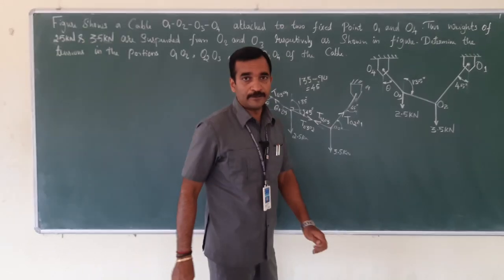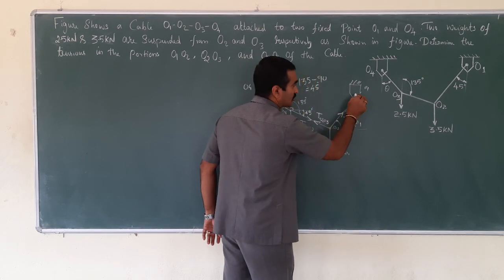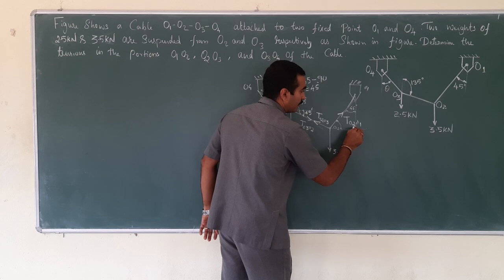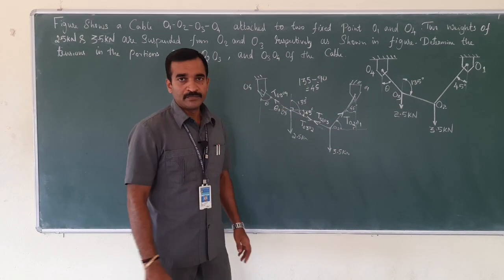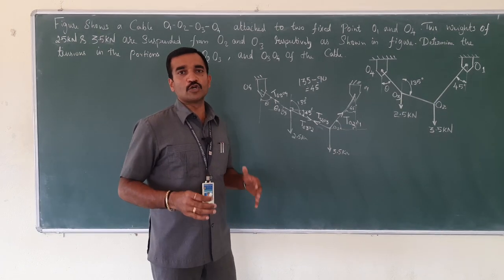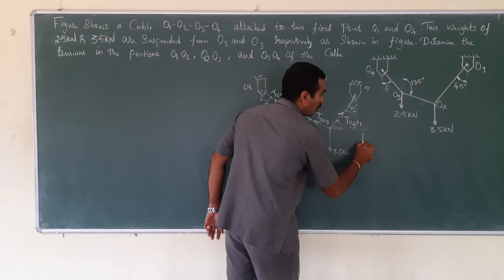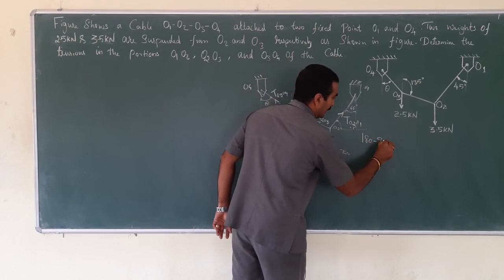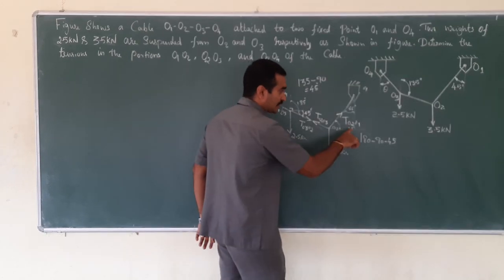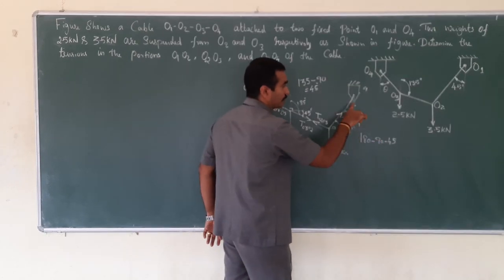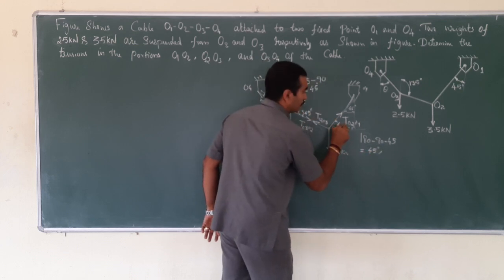Let me just move to the next one, wherein the angle is not given, whereas here it is given as 45. Let me just draw a horizontal line and let me just connect this one. When you connect this, it forms a triangle. The internal angle of the triangle is 180. So, here it is 90 degree, therefore, 180 minus 90 minus 45, that is 180, the total internal angle, minus 90 this one and minus 45 this one. You will get 45 degree. So, this could be 45 degree.